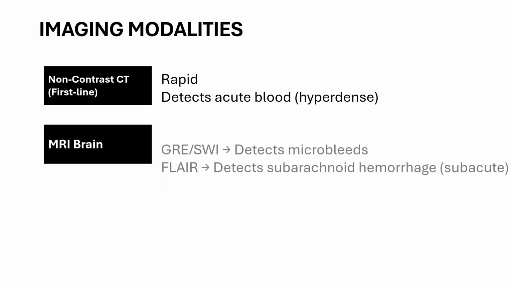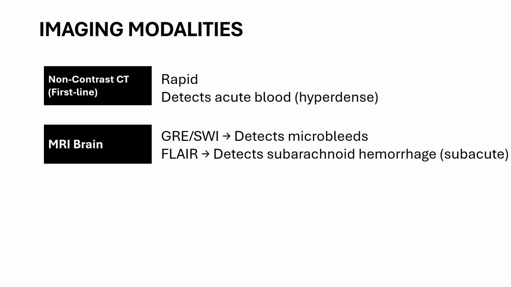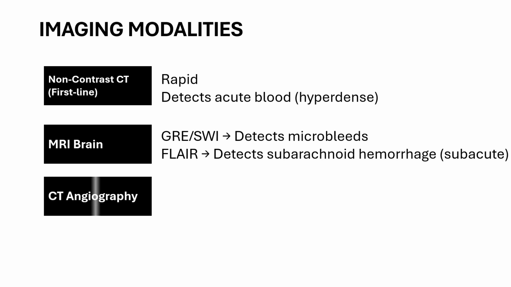Now the imaging modalities for brain injury or trauma. Non-contrast CT is the first line of imaging. It is a rapid modality and it detects acute hemorrhage as a hyperdense collection. Now MRI brain. GRE or SWI sequence is essential for the detection of microbleeds as in diffuse axonal injury, and FLAIR detects subarachnoid hemorrhage in subacute phases, whereas in acute phases CT is the best modality of choice. CT angiogram is essential for the detection of aneurysm or AVM in cases of non-traumatic brain